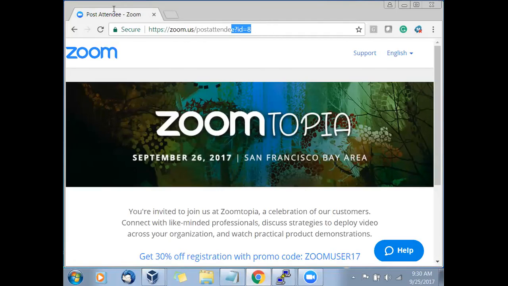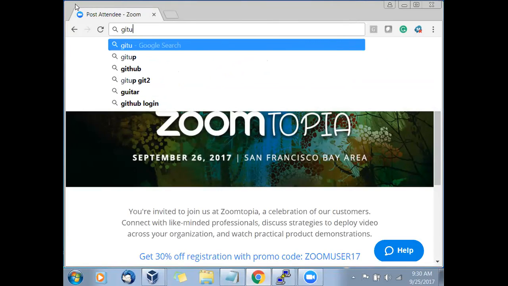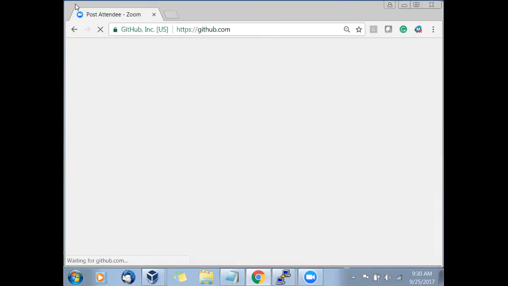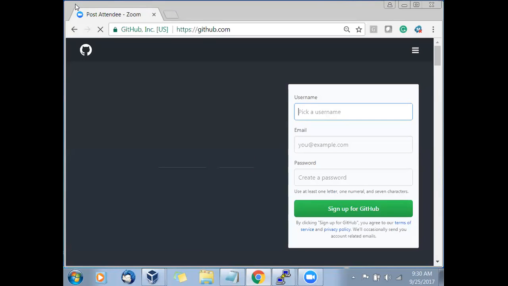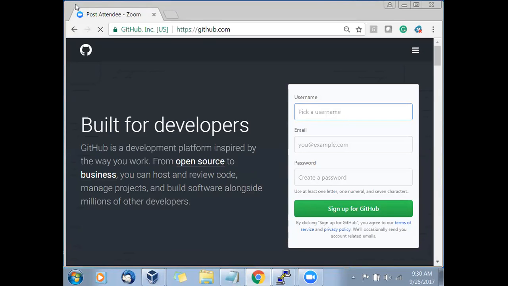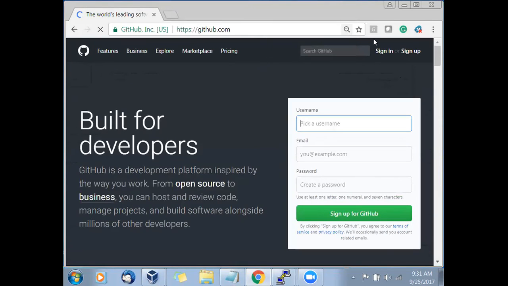Okay. So here we go, and I'll say github.com. Like you go to Gmail, right? Similarly, you can go to github.com, and you'll be able to see this. Now you can give your name, your email address, and password, and create your account. Simple, right? You can easily create your account.